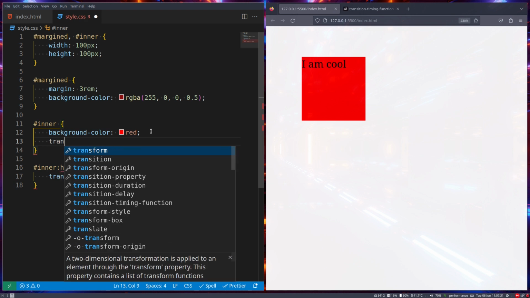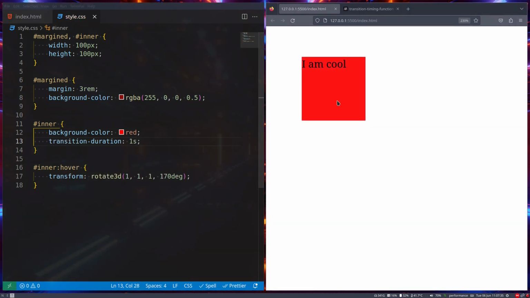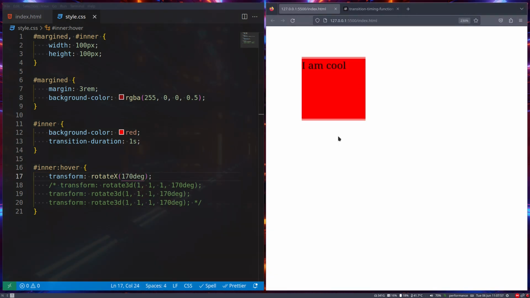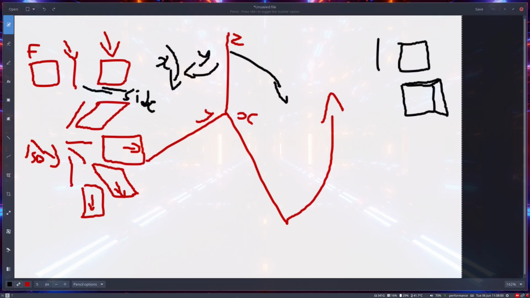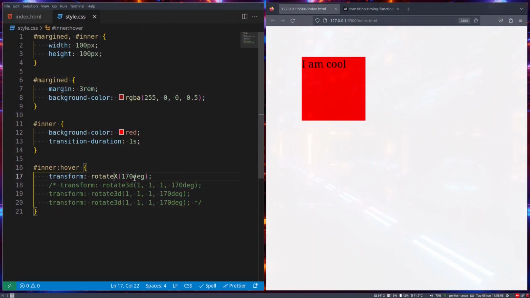Now if we say transition duration 1 second. Now I have a 3D way of seeing what's happening. So this is actually a great way to show you what has been happening. So let's go here and say rotate x 170 degrees. So this is what I've been showing you from the side view, where it flips all the way until it's upside down. And the one I was struggling to visualize to you, y, as you can see, as cool as that. And of course z,